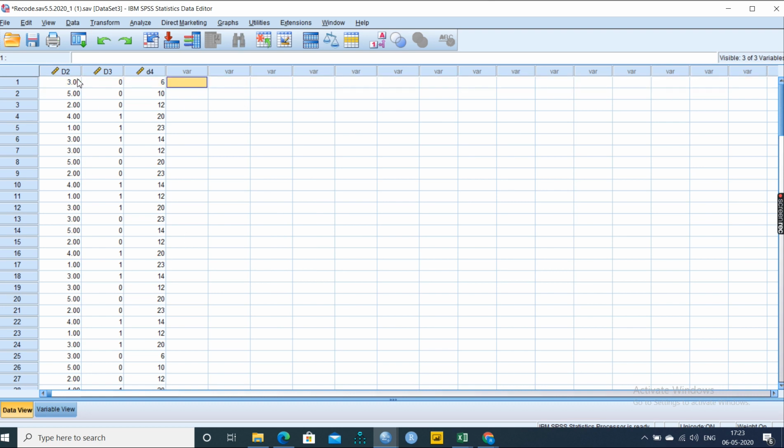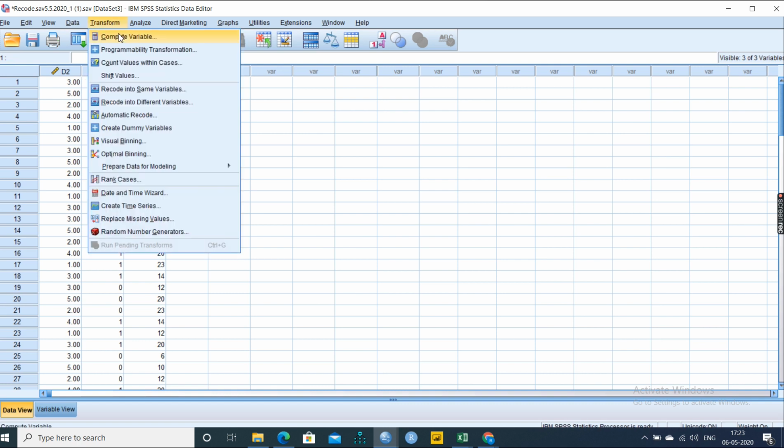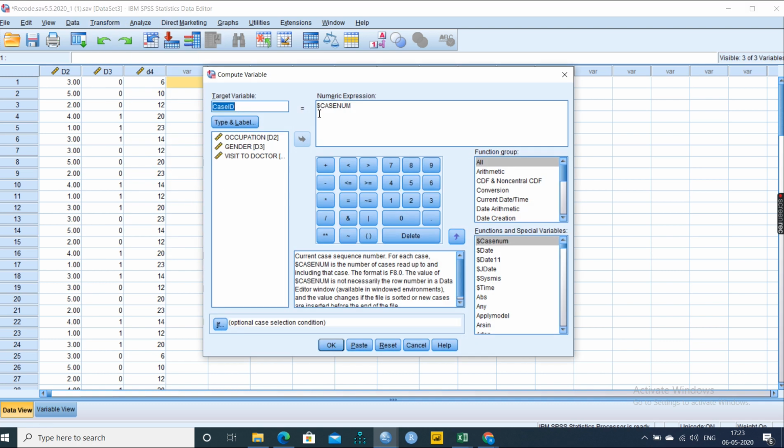So I want the sum of D2 plus D3 plus D4 to come here, or the overall mean of D2, D3, D4 here. If I want to do that, first we have to go to Transform and click Compute. For this we can choose the name called overall sum.